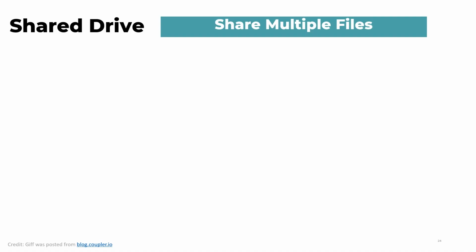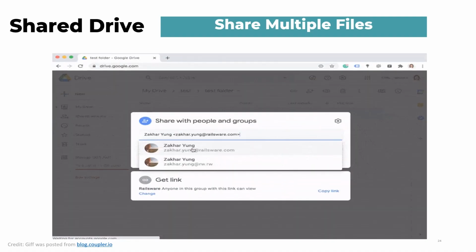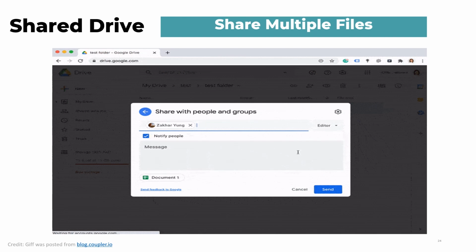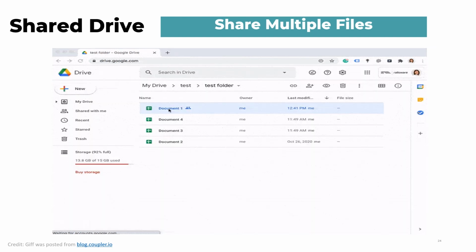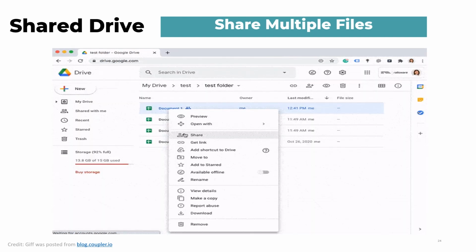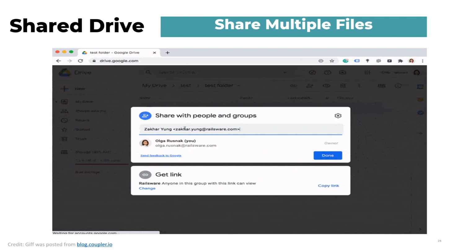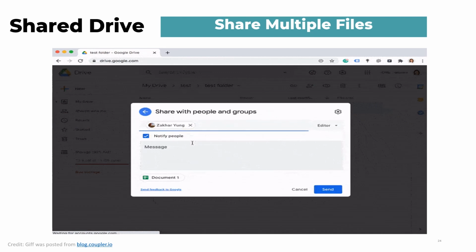Let's take a couple of seconds to observe this GIF. Within the shared drive, you can also share multiple files and share who you want to share the file with. When you choose who to share with and how they can use your file, you just need to select the file you want to share, press Share with the little silhouette next to the plus symbol, and enter the email address. Next, decide if your selected members are going to be a viewer, commentator, or editor.